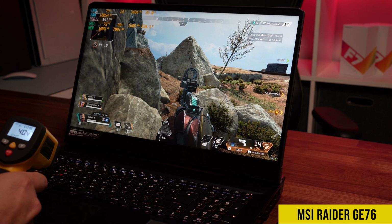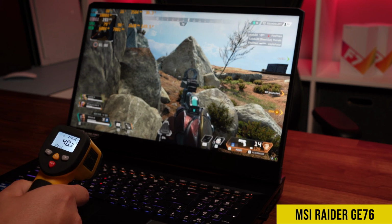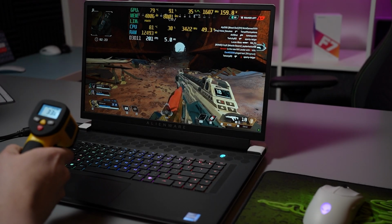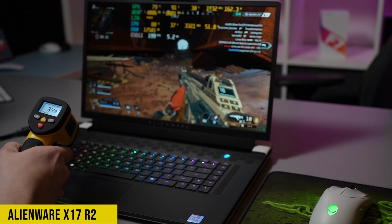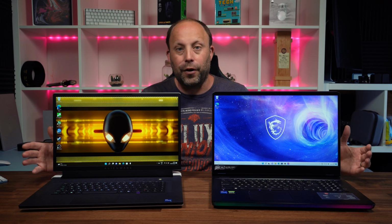With regards to the external temperatures, both these machines handle themselves really well, with the palm rest and the deck staying cool even through long-term gaming sessions. Thanks to the 4 fans and the vapor chamber on the X17, it did remain slightly cooler than the G76 on the palm rest. Now, in order to change the actual profiles and RGB lighting, you're going to need proprietary